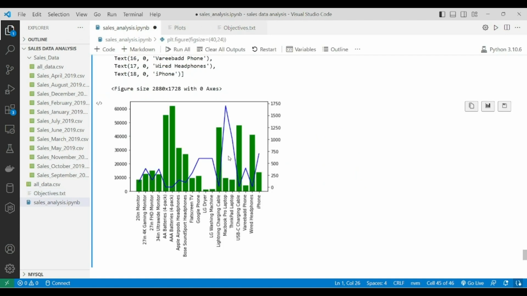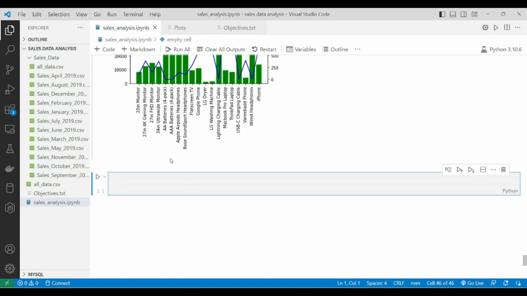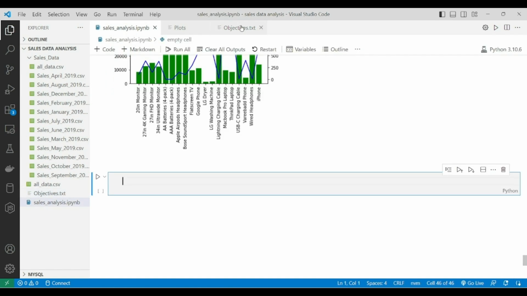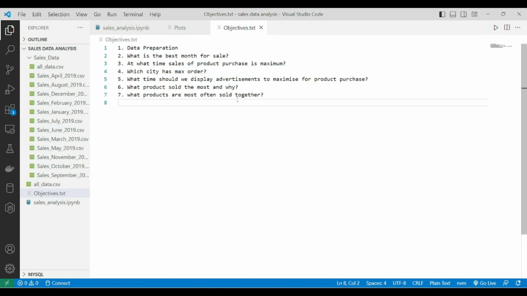So we get the reason why a specific product is sold the most or the least: the correlation between prices and the quantity ordered. Okay, now let's move on to our next objective, and this is our final objective. This is saying what products are most often sold together. To find the products that are sold together,